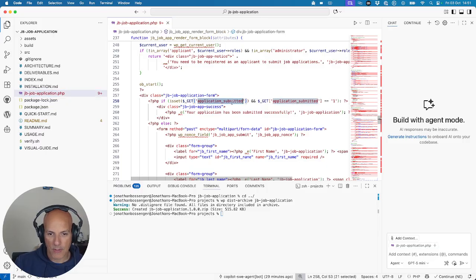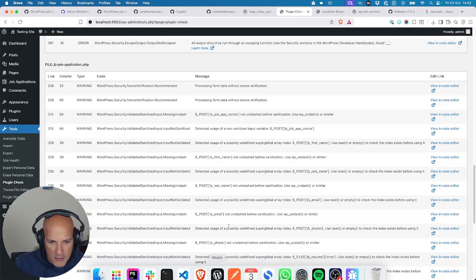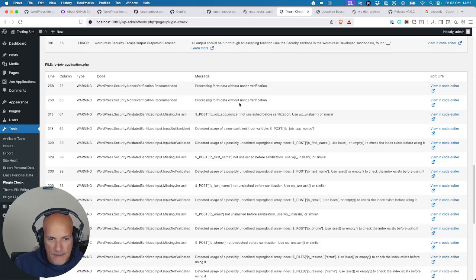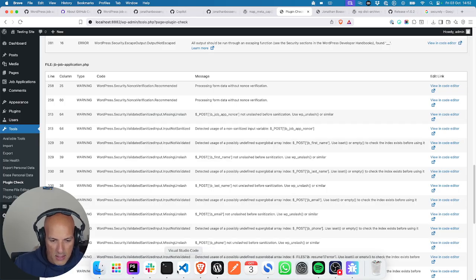Okay, so that is bad, but it's not the biggest issue in the world because it's just showing a message if an application submitted thing is done. So not the end of the world. Is that what the error was? Processing form data, yeah. Yeah. So that, I mean,